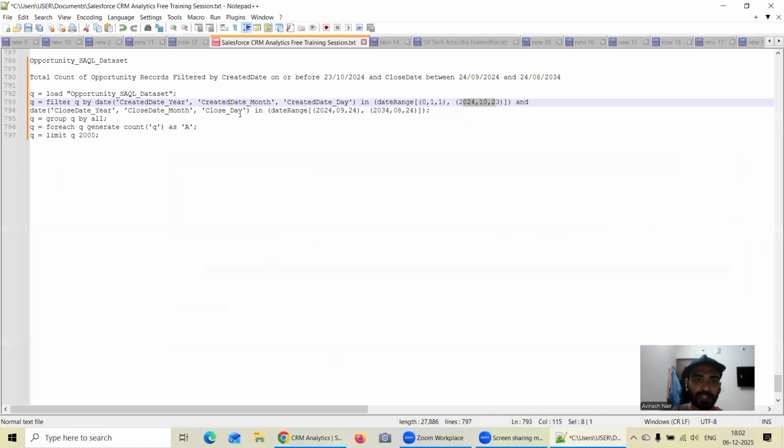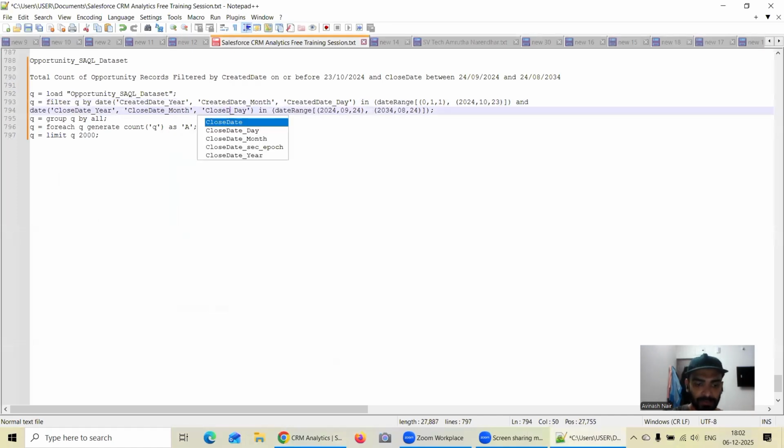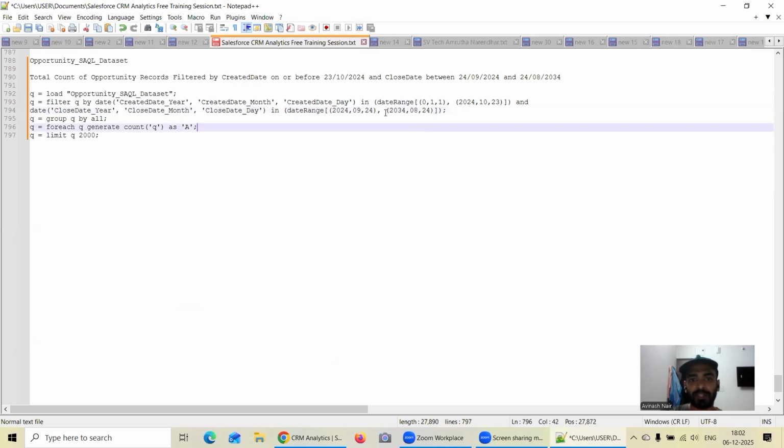So here the thing is that firstly, of course, I had to make it as close date. That is one part which I missed. But you just see this thing which I have done. Basically, the date range is a function, so it has to be in circular brackets, and whatever values you give, that has to be in square brackets. That's a mistake which I was making. And here also the same thing. The values have to be in square brackets,